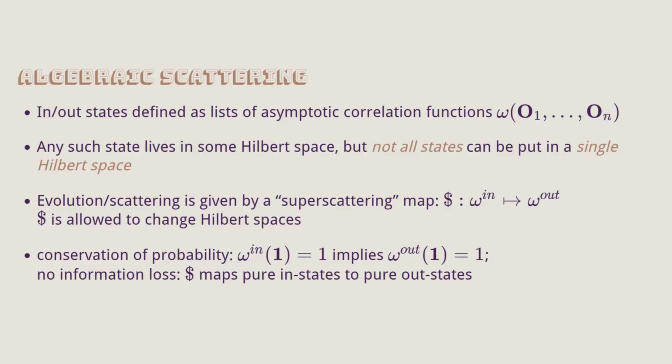But from what you said, that memory will also be coming out of omega in itself, right? Because given omega in, you want to calculate omega out. And presumably that also gives the memory. Yes. I will compute the out memory. So you don't need to send in any memory. On past null infinity, there's no jump in the field. But then when you calculate what happens at future infinity, there will be a jump. Okay. So omega out will come from calculating how the scattering works. It's not built into the states.